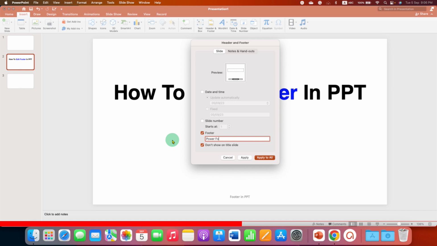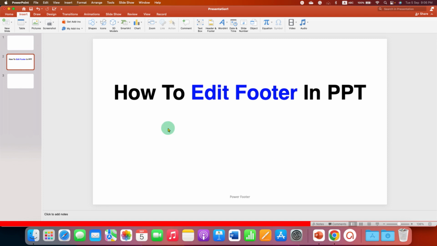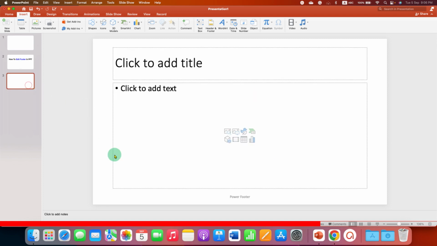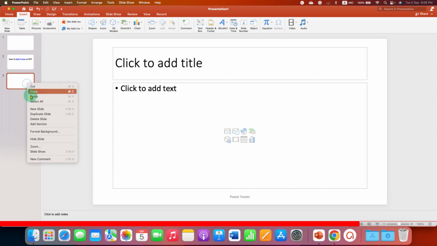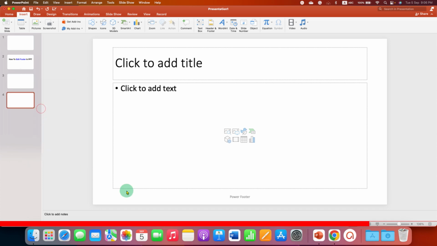PowerPoint footer and you need to click on apply to all to make changes to all the slides, and if you click on apply, the change will be made to the current slide only. So after clicking on apply to all, if you go to the next slide, as you can see here, PowerPoint has automatically updated the new footer on the new slide. So if I even insert a new slide, you will see the same footer appears on the new slide as